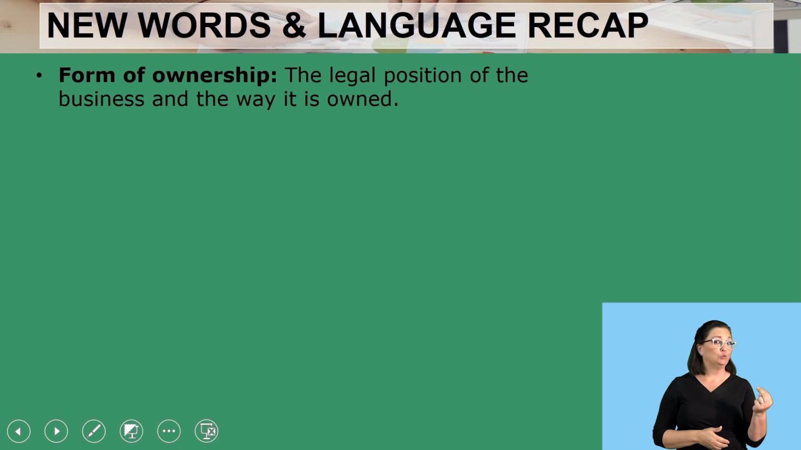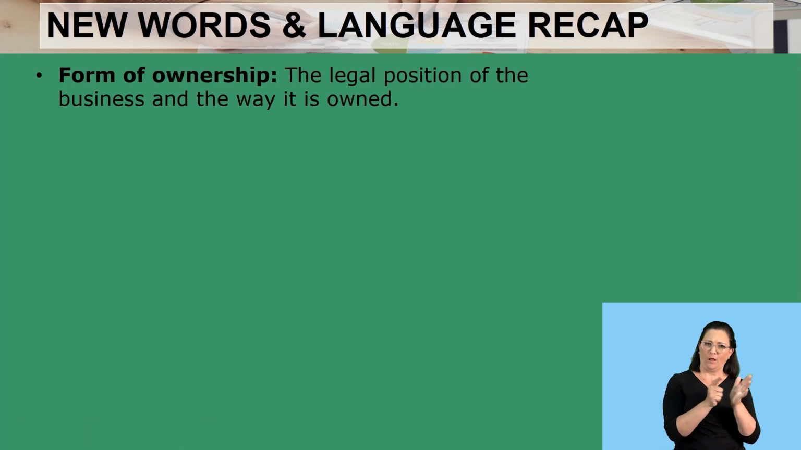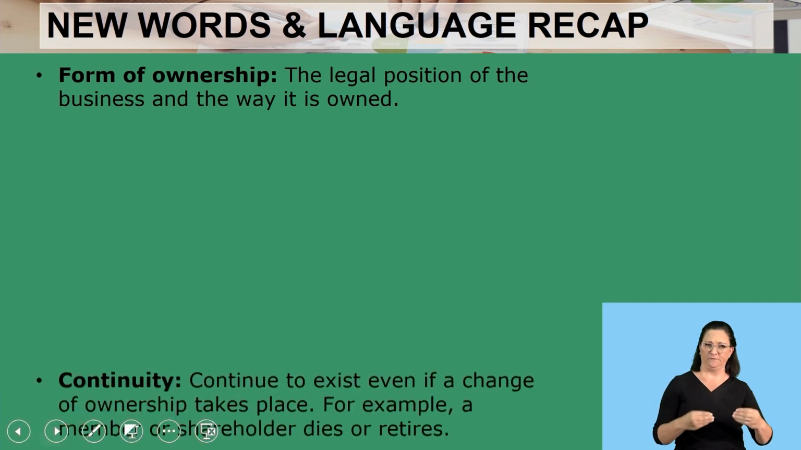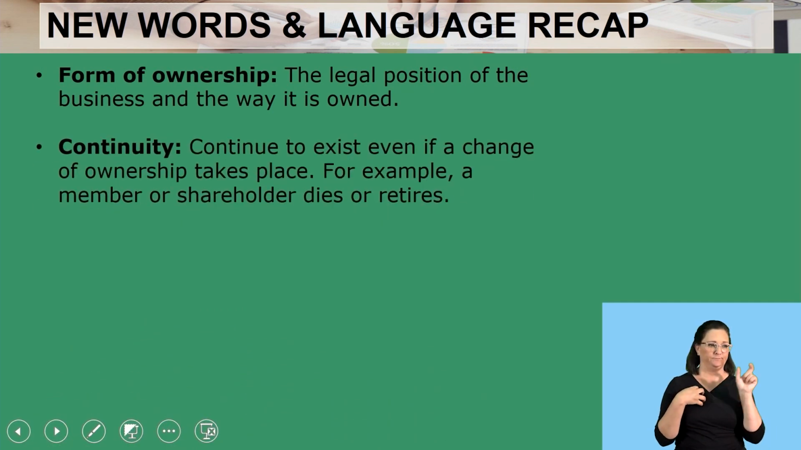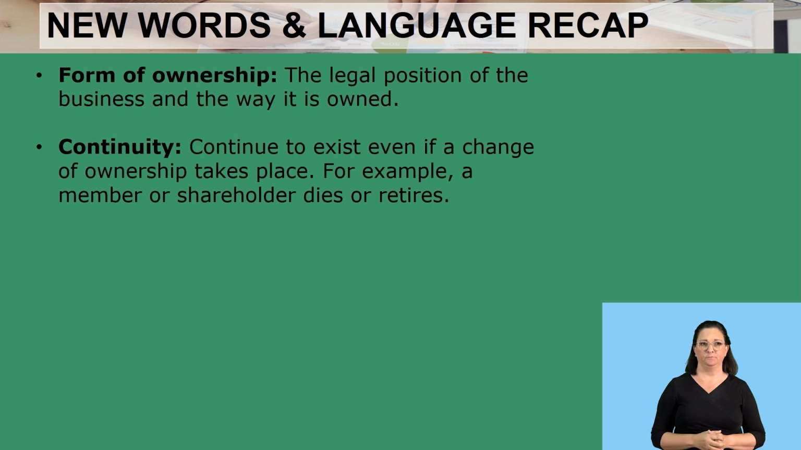Now, new words and language recap. Very key as well. What is a form of ownership? This is the legal position of the business and the way it is owned. Then we also have to look into continuity. This is the idea that the business can continue to exist even if change of ownership takes place. For example, should the member or shareholder die or retire, continuity means the business will continue regardless of such